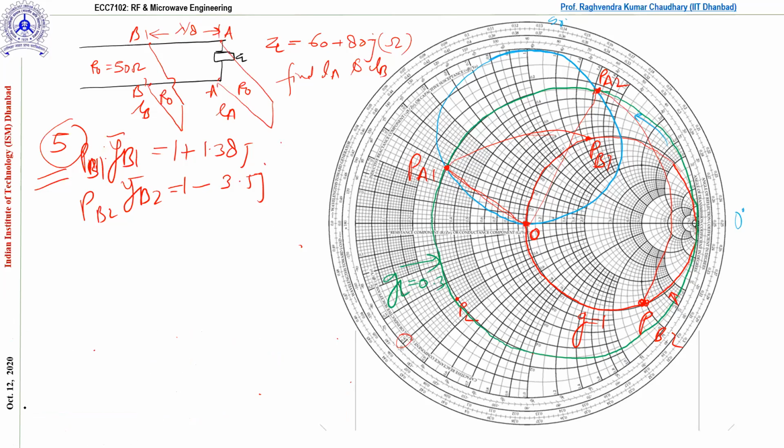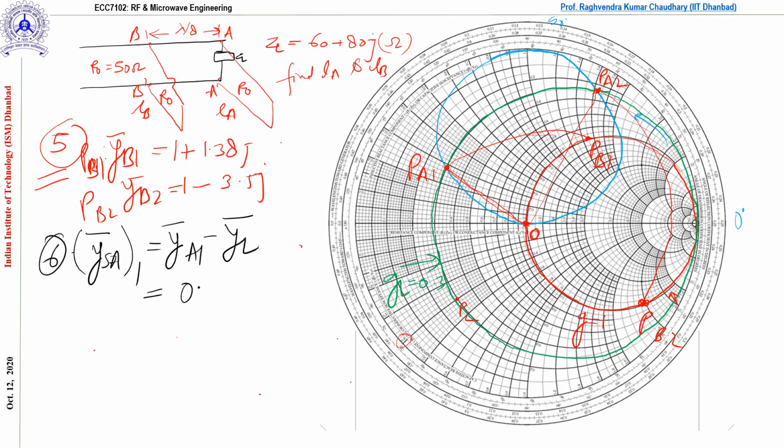Step number 6: you have to find YSA bar 1. This will be YA1 minus YL bar. If you try to find this, because you have all those things, correct, this will be